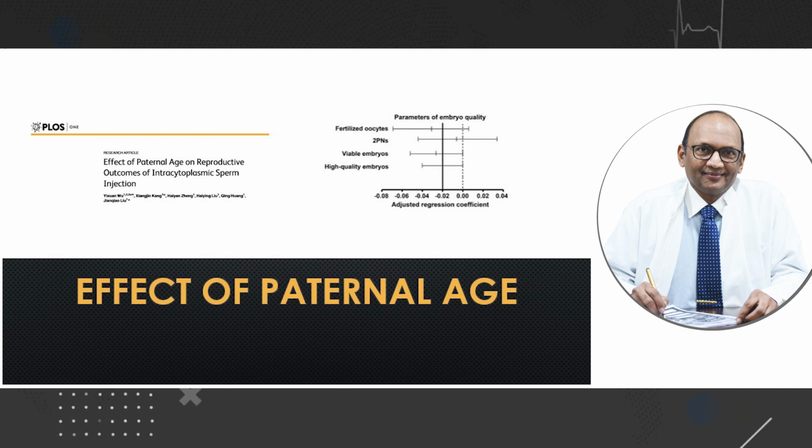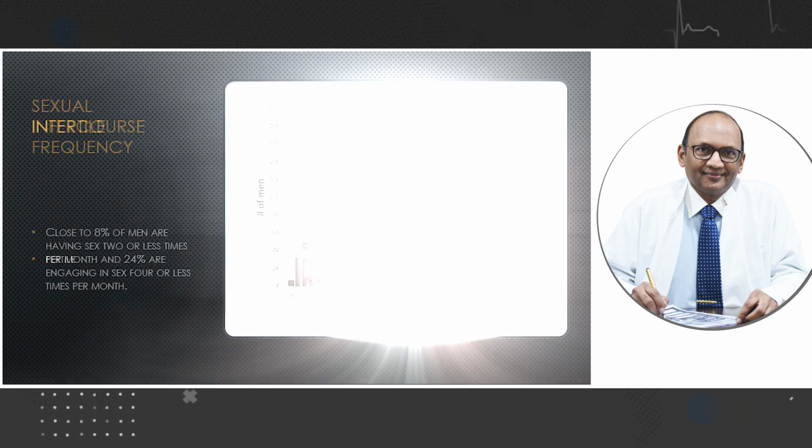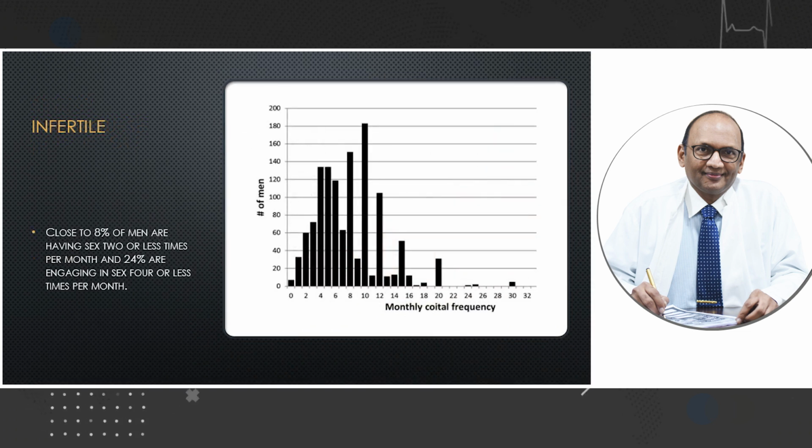Here is the effect of paternal age on all these things. Then the mean frequency of sexual intercourse. This is for a fertile couple and the probability of conception. Whereas for an infertile couple, here it is a monthly coital frequency. So this is also an important factor in asking history and validating with the partner, so that you know that